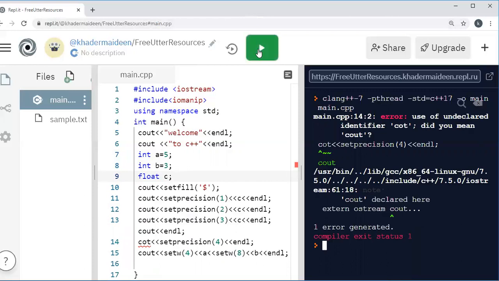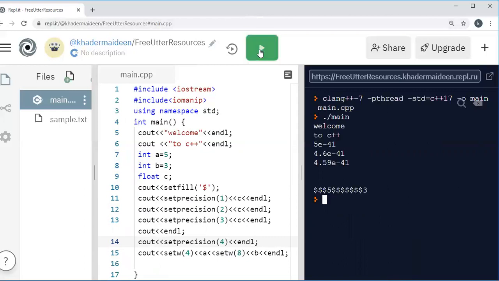So cout float here. This is displayed in the exponent form, right? So 5 by 3 gives 1.6, then 1.66, like that.